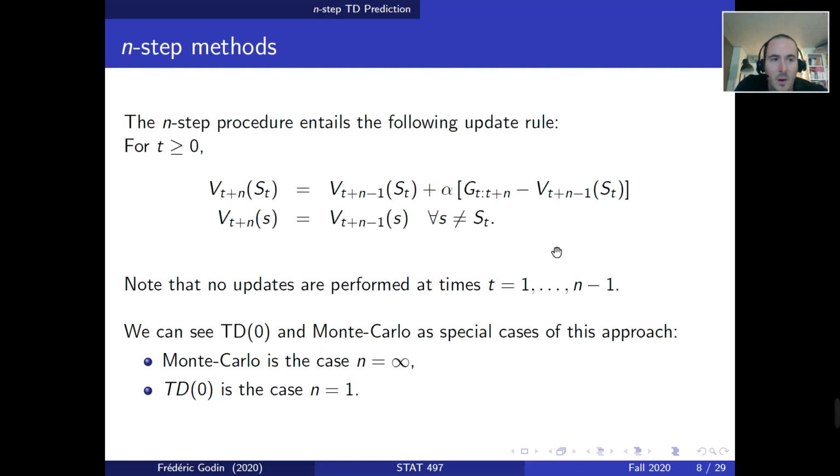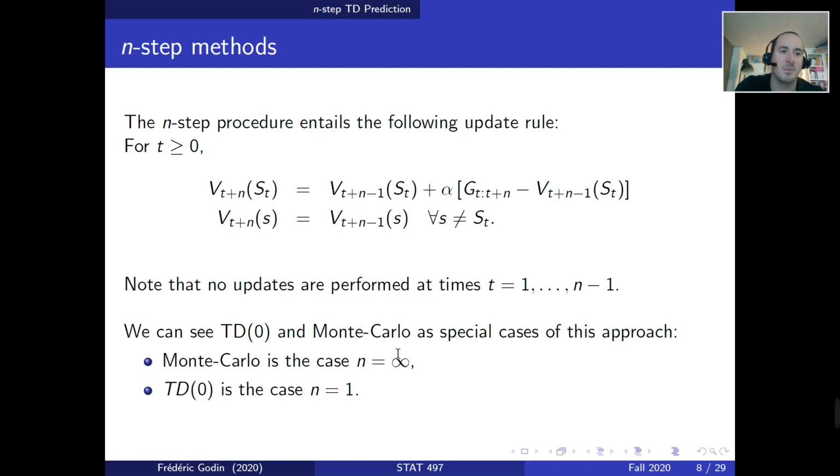Okay, so we can see here using this update rule that TD0 and Monte Carlo, which we've seen respectively in chapter 6 and 5, are special cases of this approach, where Monte Carlo is the case n is equal to infinity. So basically we sum all rewards until the end of the episode. We never bootstrap